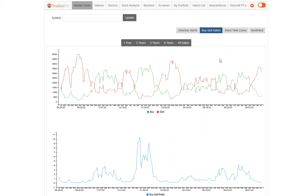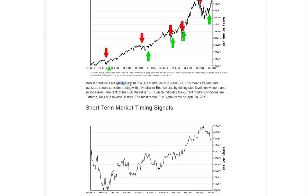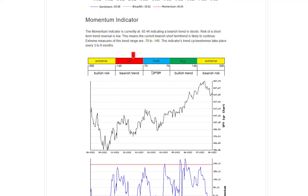Market conditions are extending to the upside just a little bit. Looks like we're going to gap higher on some good NVIDIA news. That move yesterday did push us back up into mildly bearish in this bull market. We've just got a little bounce happening right here that also took momentum back up into this bearish trend zone. We talked about that the last few days when it was extreme, and now it's moved back up into this